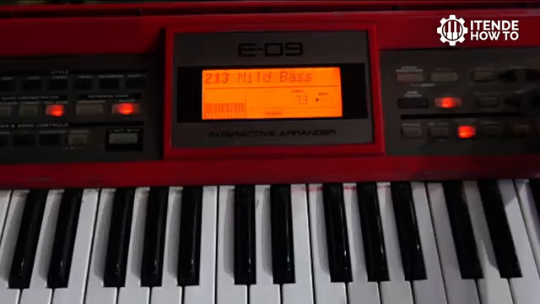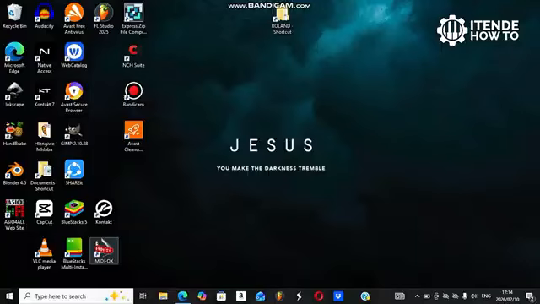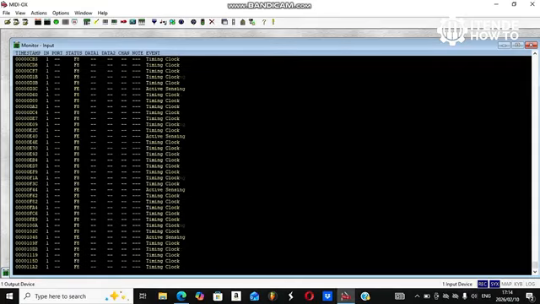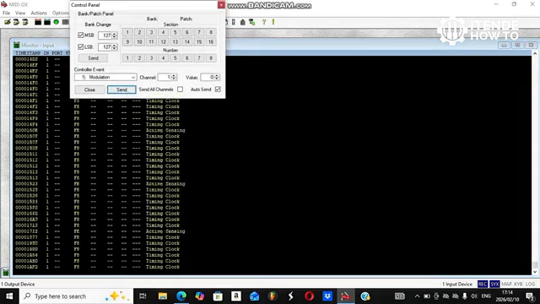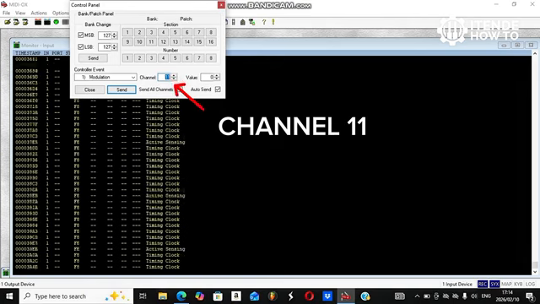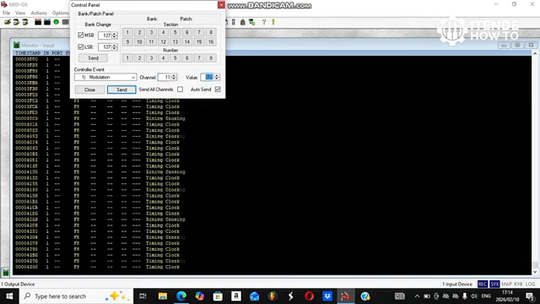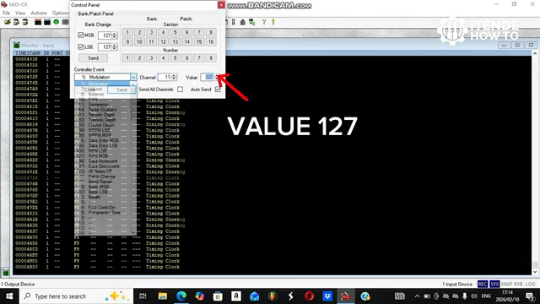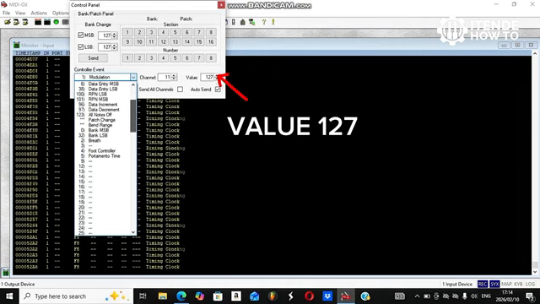Then again we have to go to your laptop, to your MIDI-OX software or app. Once again on the top menu we're looking for Send MIDI Controller Messages. Once you find it, you click on it, the control panel should pop up. Then on number 1, which is modulation, you set the channel to number 11. This time you're setting number 11 because it represents the split part. So the value has to be set to 227.